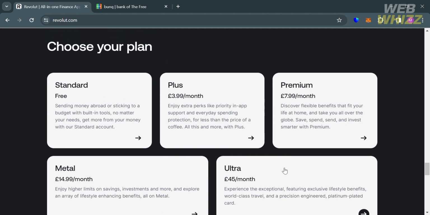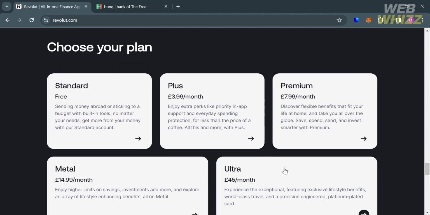While for the Plus plan, for £2.99 per month, you get benefits such as purchase protection, ticket cancellation and priority support. While for the Premium plan, priced at £7.99 per month, this plan includes travel and medical insurance, airport lounge access and disposable cards. While the Metal plan costs £13.99 per month, which offers cashback rewards, concierge service, and exclusive